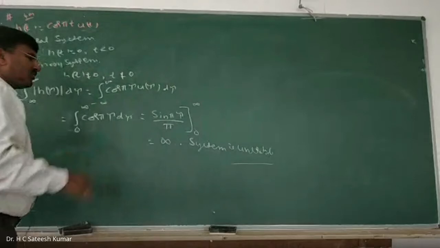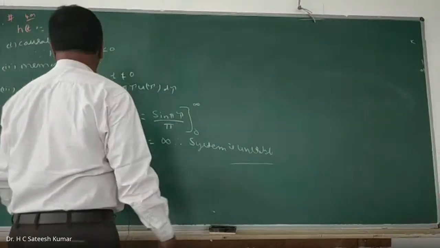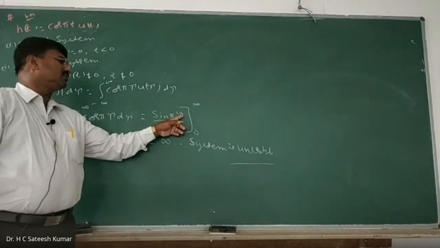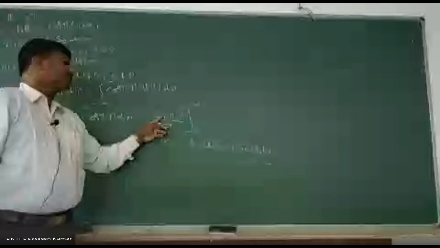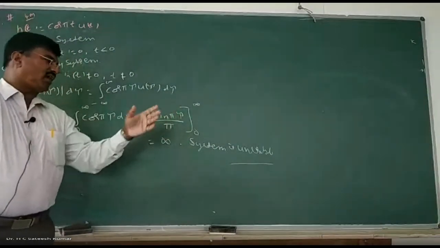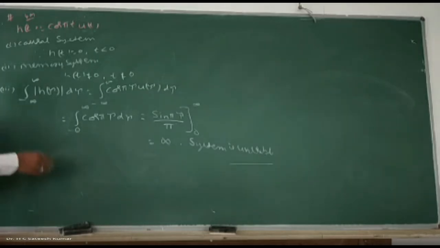So since we are adding all the values up to infinity, that's it. The 4 marks question. When you are going for infinity, what is it that we are going to have? Sin of pi infinity divided by pi infinity. So up to infinity, if you add all the values, integrate, it will become equal to infinity. That's how we should do it.